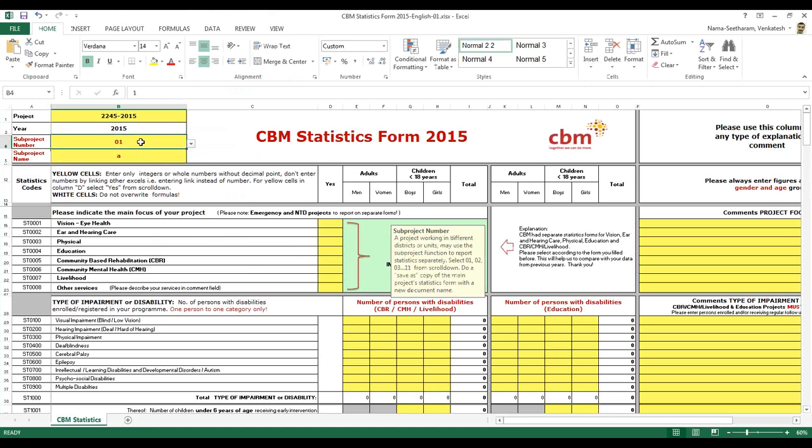For the second place, they can just select 02 and put B and save it. And they can send both the forms. They need not sit and consolidate the numbers, or the regional offices need not sit and consolidate numbers. They can send both the forms and both the forms will be uploaded in NAV.